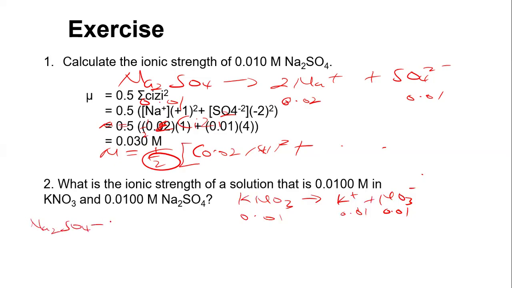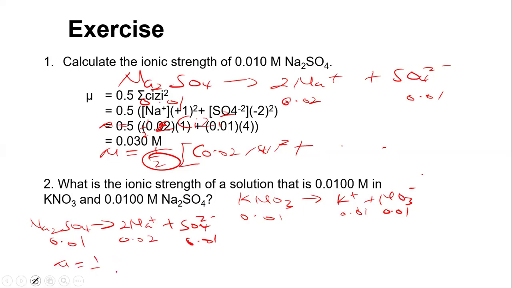I'll have Na2SO4 reacting to give you 2 moles of Na plus and SO4 2 minus. Now here I'll have 0.01. This side would be 0.02, and then this side would be 0.01. Right, good. Now, for me to get the total ionic